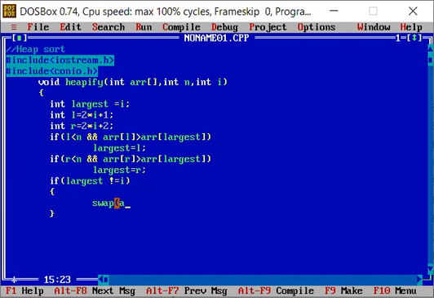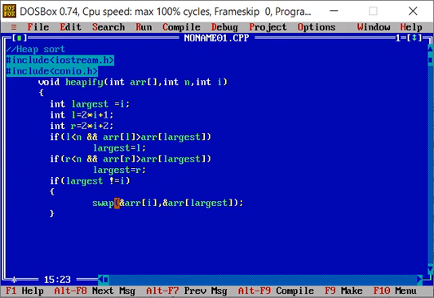Whatever element is at the ith position will get swapped with the element at the largest position. So we'll call swap here, and because these are elements of an array, they need to be passed with the address-of operator.